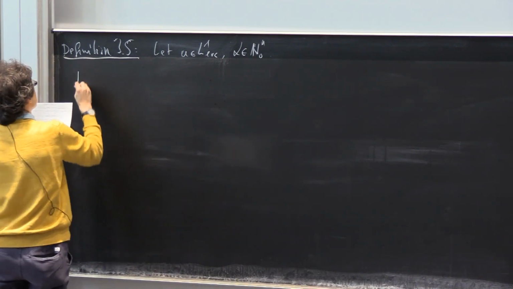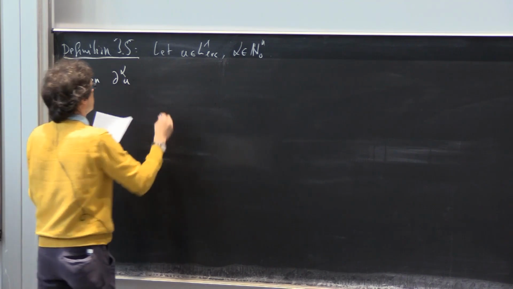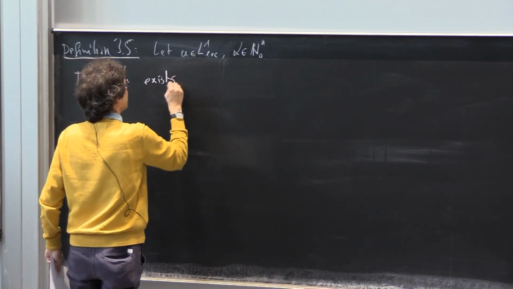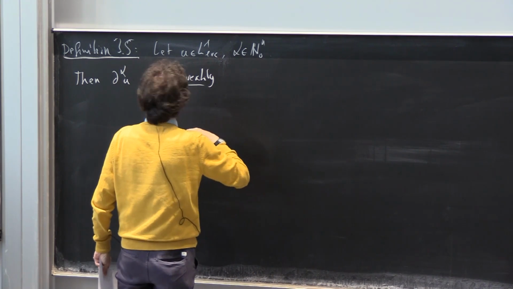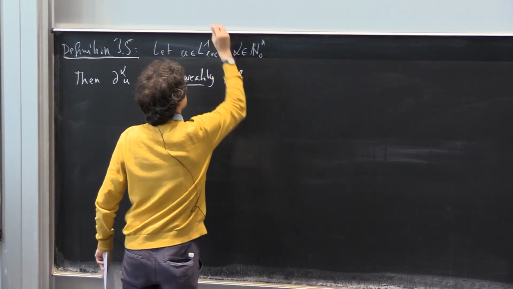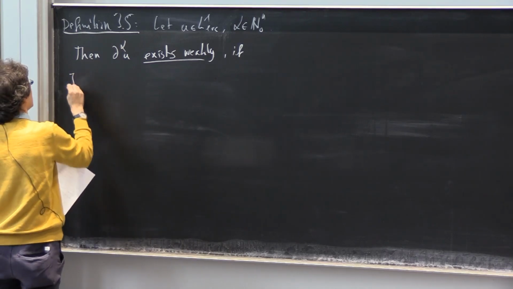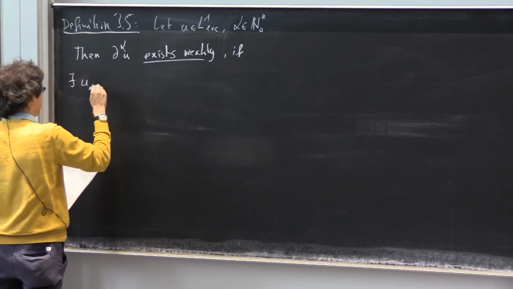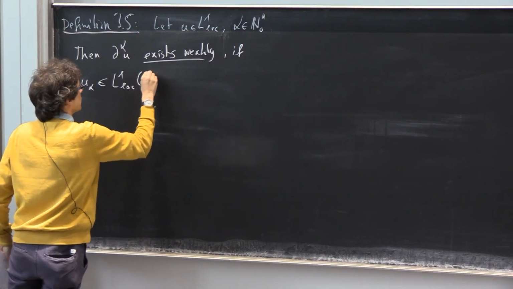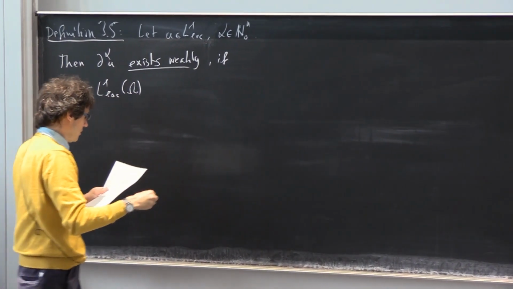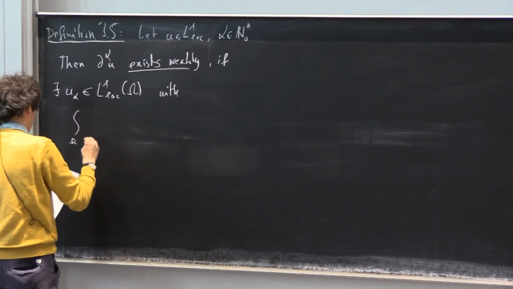And then we say that the alpha derivative of u exists weakly. So this is now a definition of weak differentiability. If you have this formula of partial integration for some function u alpha, so if there exists a function u alpha, also in L1 locally integrable on omega, such that you have the equation up there,